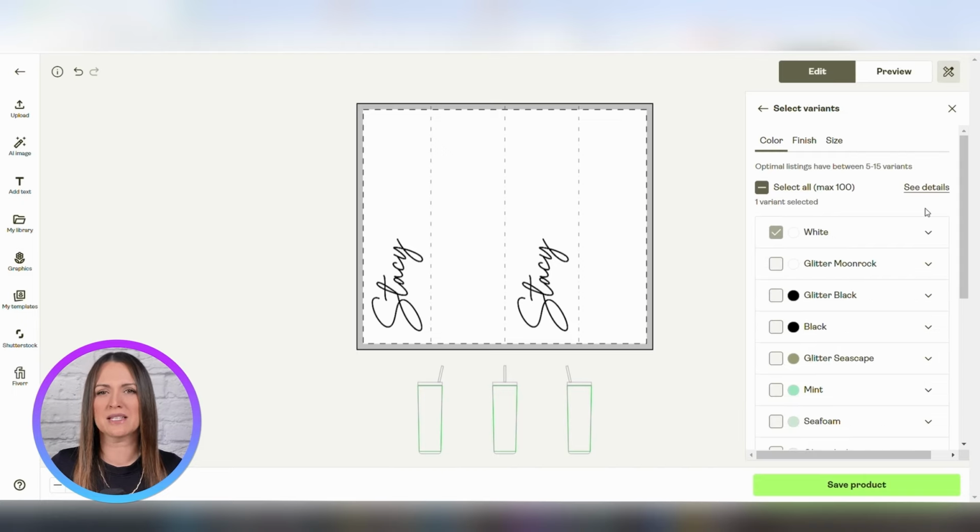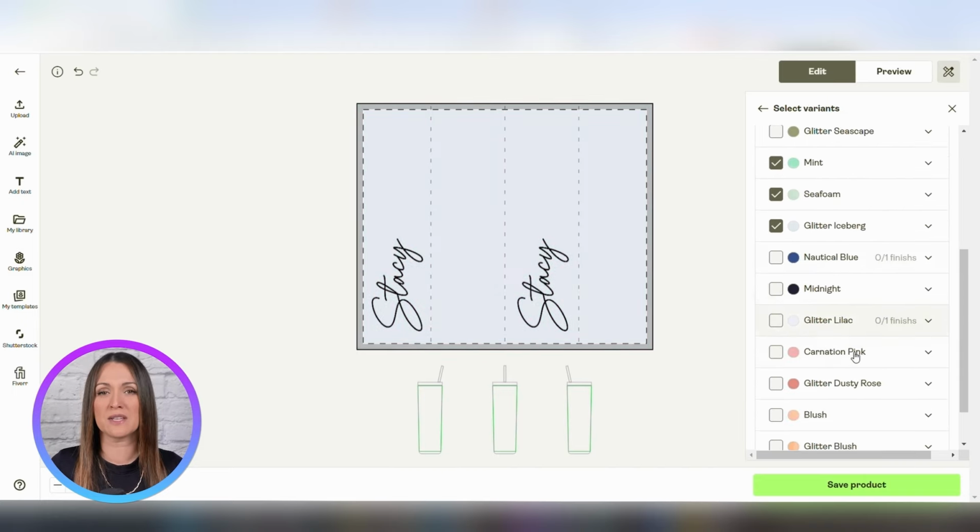going up the side. Now, of course, you can use whichever font that you like, or make the design as detailed as you like. But what I really want to focus on in this video is showing you how you can use Printify to create an automated personalization brand on Etsy. I've also chosen the color variants that I want to be sold in my Etsy store for this product right